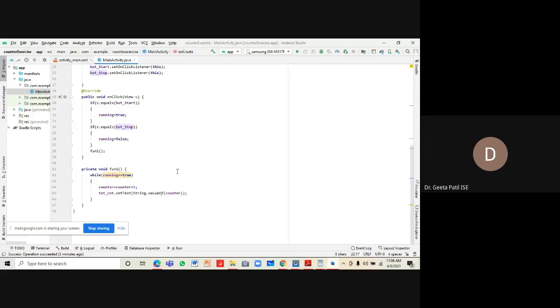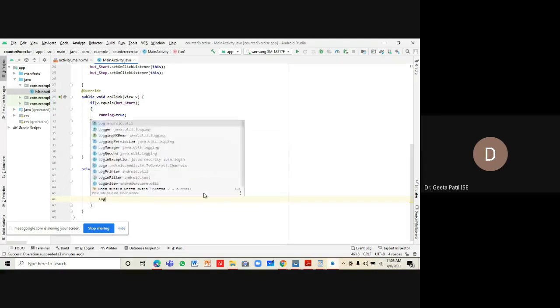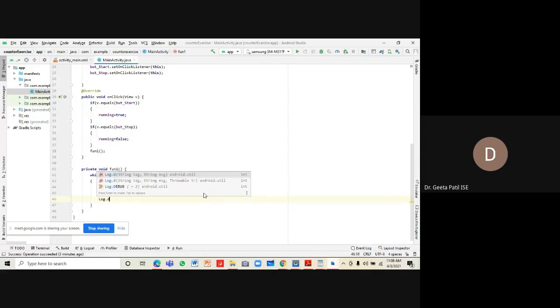Now, how do you check whether the application is running or not? In order to debug your application, we can use log messages. I want to use a log message for debugging purposes.